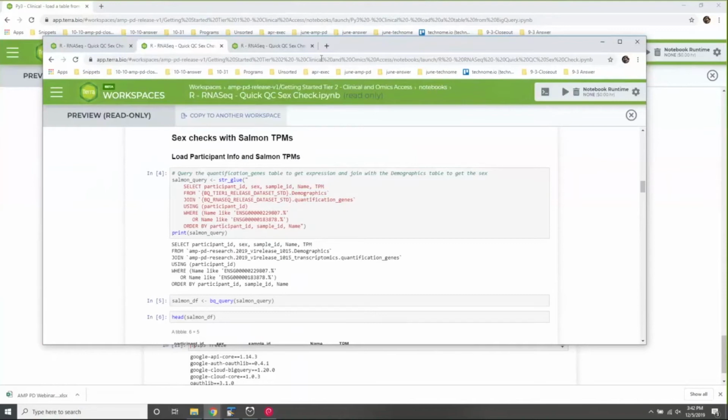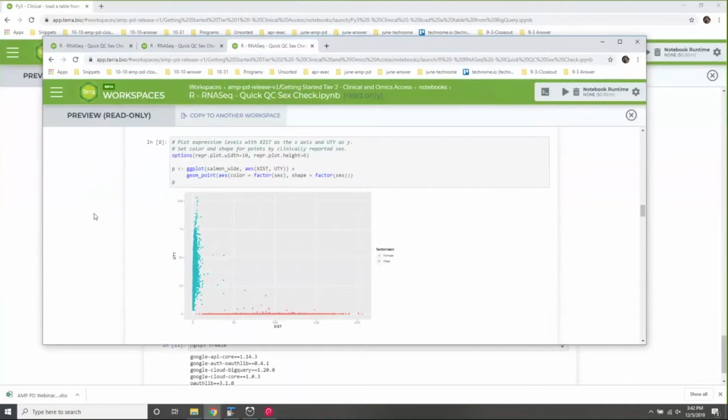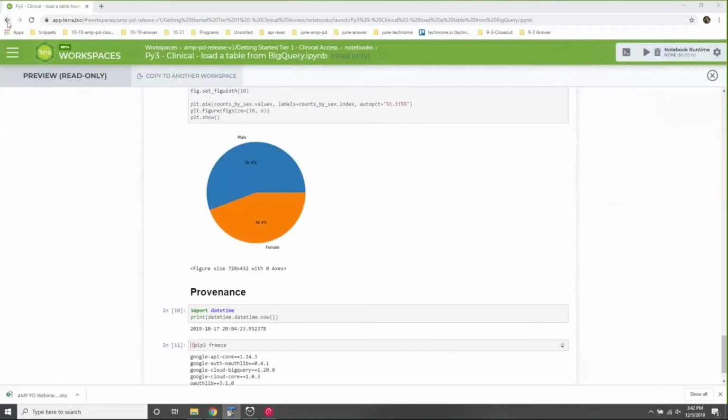Let me see, I think this last piece, and then I just want to share this briefly, that it is possible to get some good visualizations in the Terra notebooks without ever having to download the data to your own site, and you can use these just to get started. Okay, I think I'm going to back out of the last one